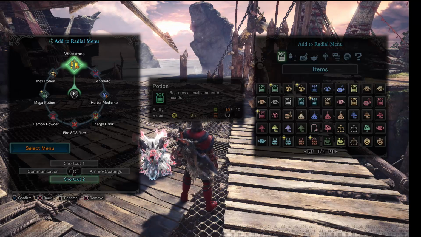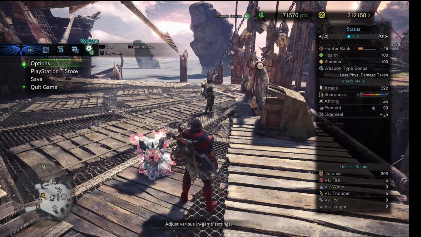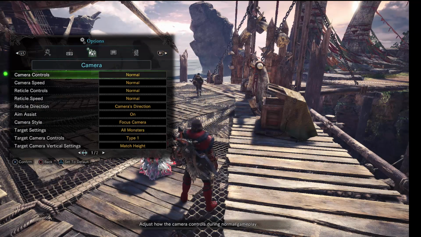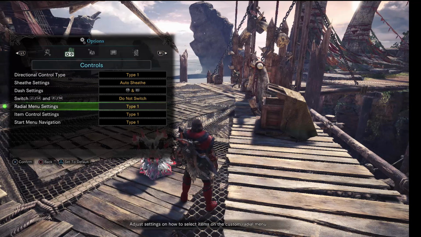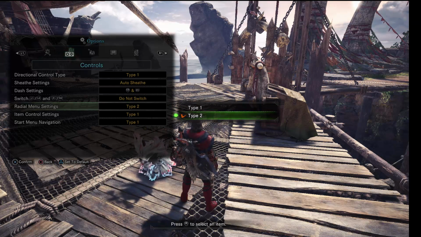This can be a little tricky, and it's very easy to accidentally, in the heat of battle, use the wrong item. One way you can help minimize that is to go into your options, and we're going to change the control layout for that particular one. So go down here where it says radial menu settings and go from type 1 and consider changing it to type 2. What that will do is lock the wheel in place when you bring it up so you can